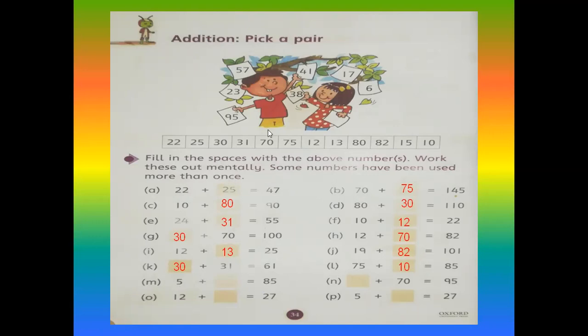So look at this one. How many? 82 plus 5. 83, 84, 85, 86, 87. So it's not. Check 80. After 80 count: 81, 82, 83, 84, 85. Okay, it means 80 will come here.